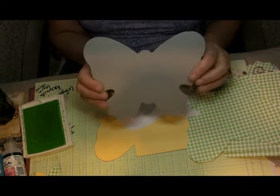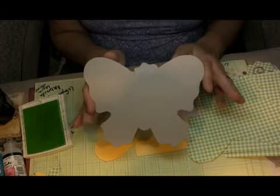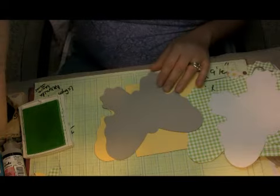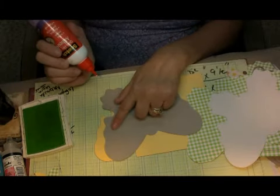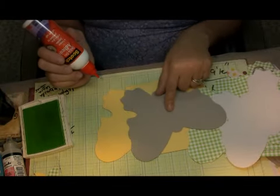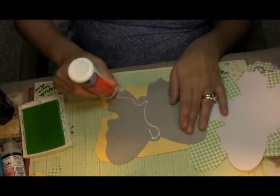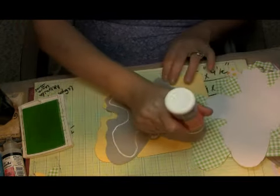Something like that. I'm tongue-tied. Anyway, so I've cut this out and I'm going to cover it on both sides, okay? And the reason I'm going to do that is because when I attach it to this bottom piece, half of this is going to show, and you'll see what I mean in just a second. So you just get your glue down,